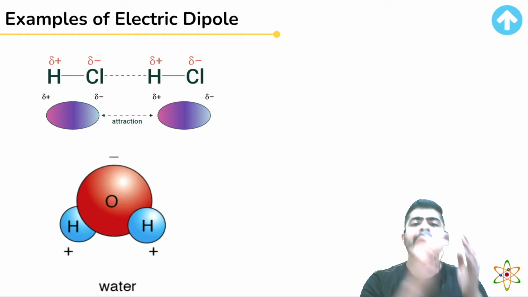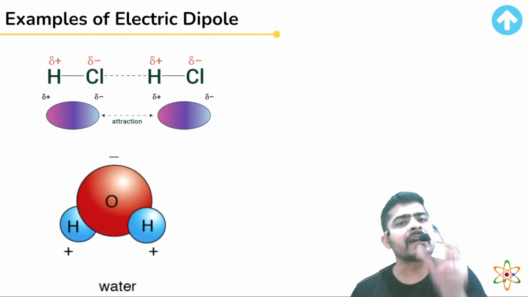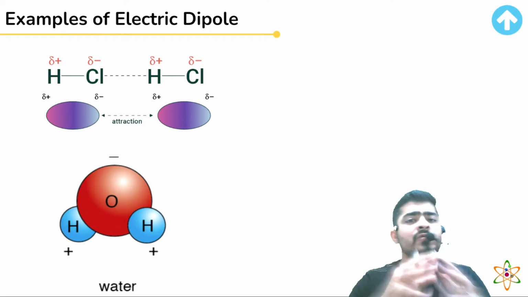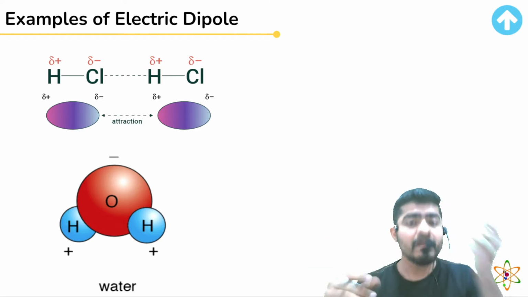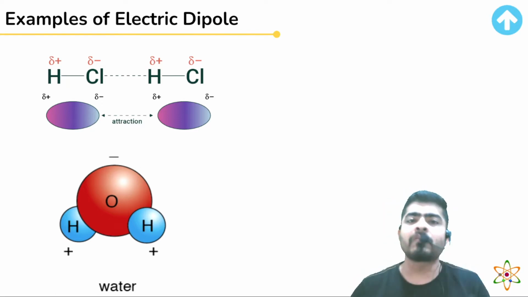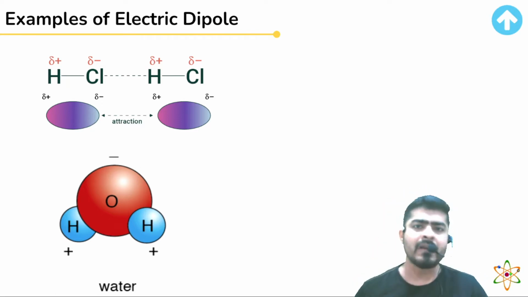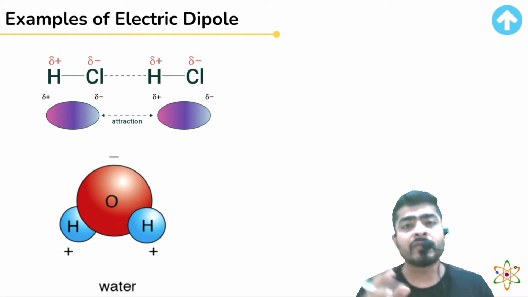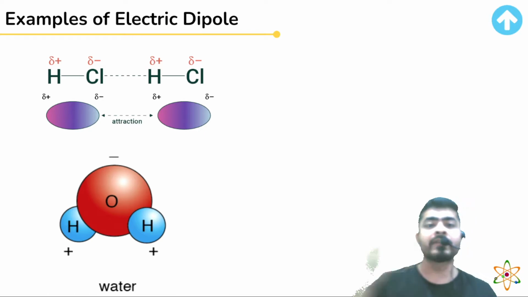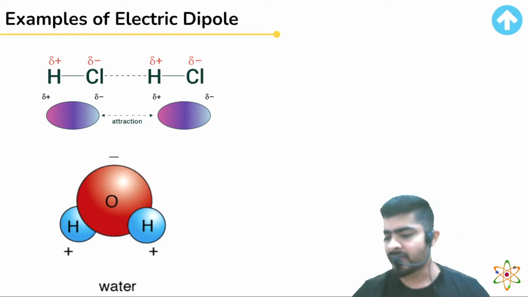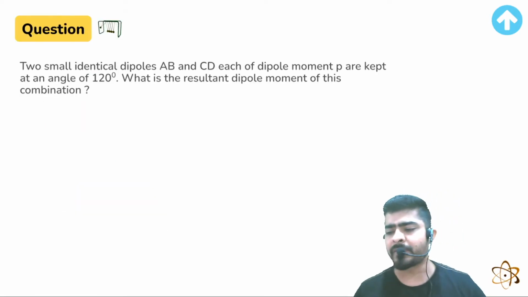So, in practical life, dipoles are actually encountered only in molecules. We don't encounter dipoles so much in large objects. Since dipoles are part of molecules, they are in general very tiny. So whatever formula we study for dipole, we apply them for the situation where the dipole is very small as compared to the distances. We assume the size of the dipole is very small and we derive the formula accordingly. So let's solve one simple question over here first.